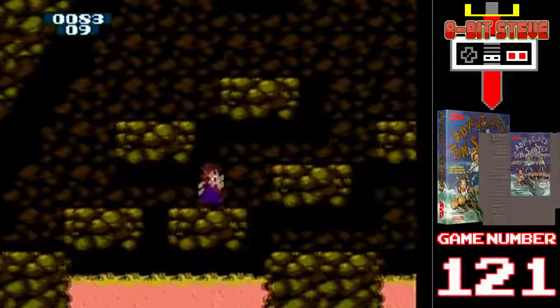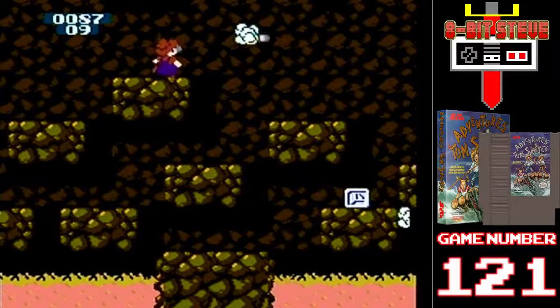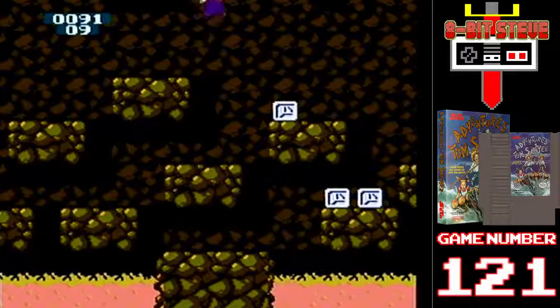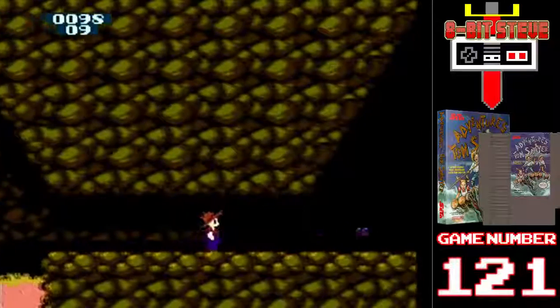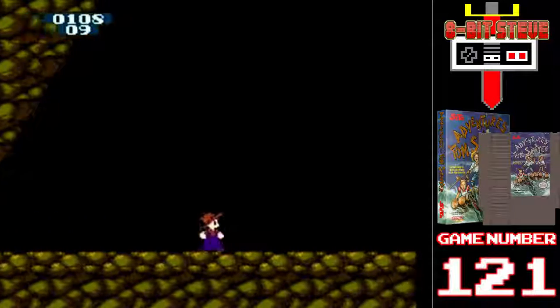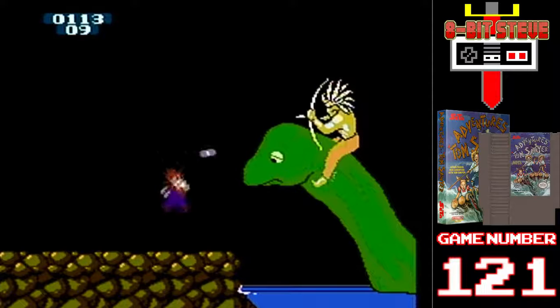Alright, let's see how the birds treat me on this one. Pretty good. Let's see if I can make that jump. And I got it. Alright, I'm gonna wait out this power-up. Mostly because I was familiar with killing the boss without that power-up, so...